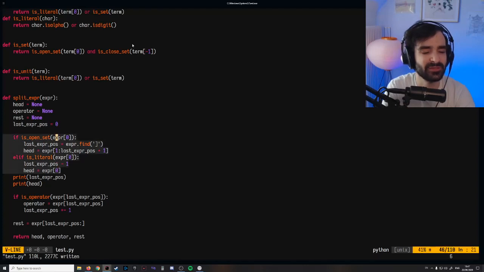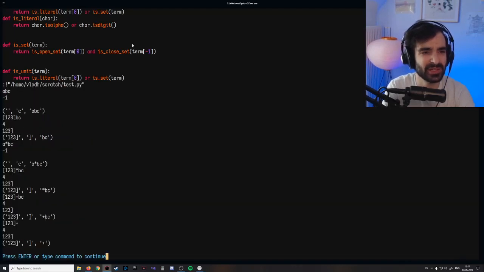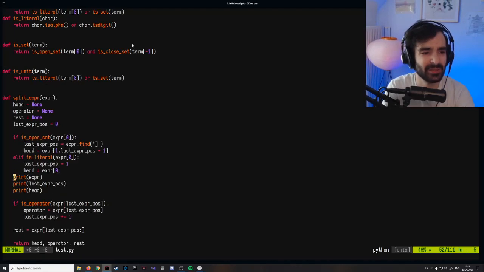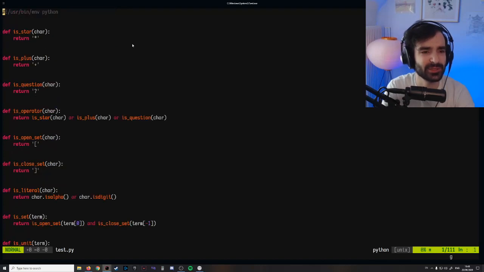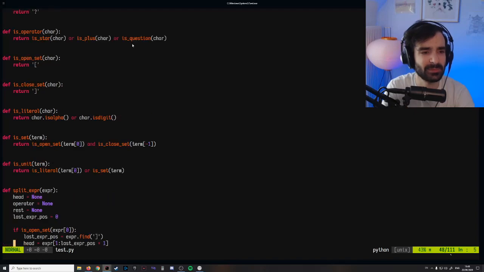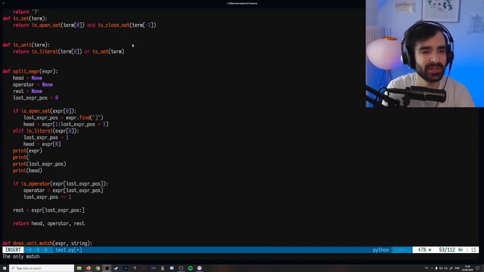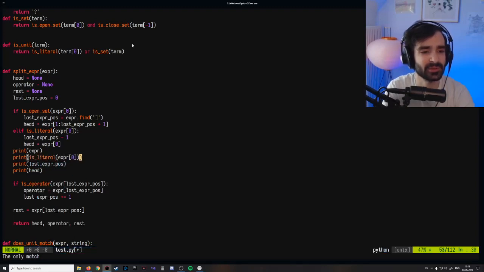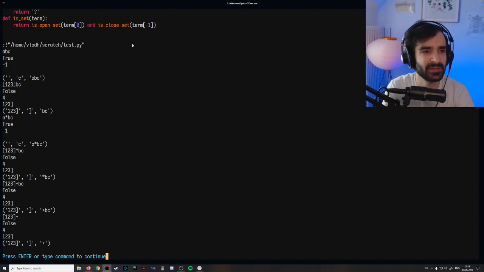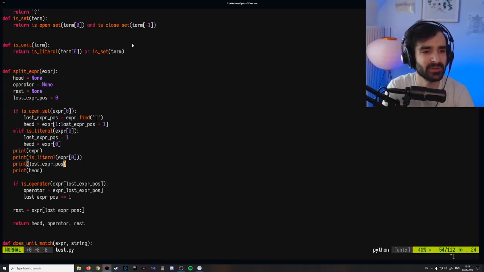So it's not detecting the first thing of this expression. Let's just print out this expression to begin with. It's not finding the first thing as any of those things. So it's ABC, and it's not finding that as a literal, which is a bit hard for me to believe. I'm just going to print is literal, expr, the first thing of this expression: is it a literal? It is a literal, but still our last expression position is,